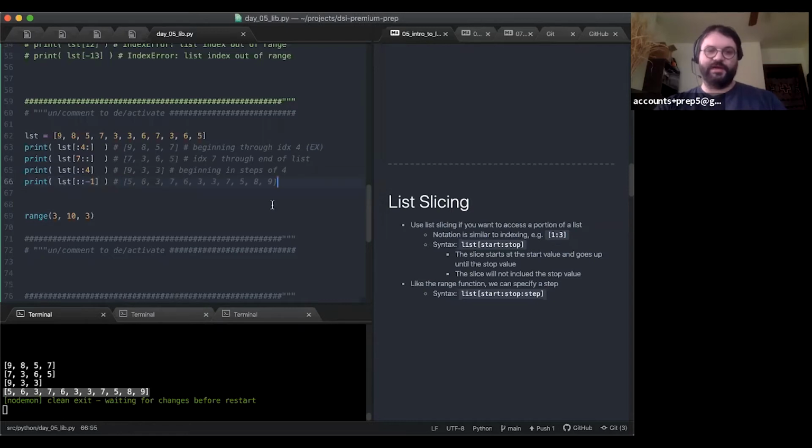So there are times when you want a representation of your list in reverse order. So list sub : -1 will give you a reverse of your list.